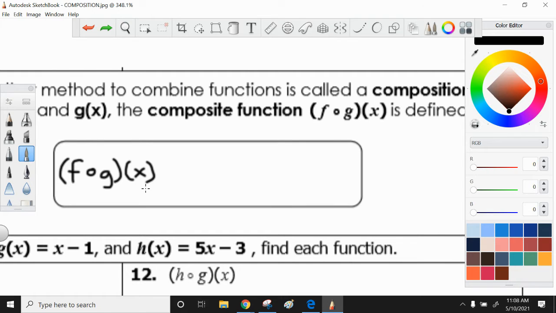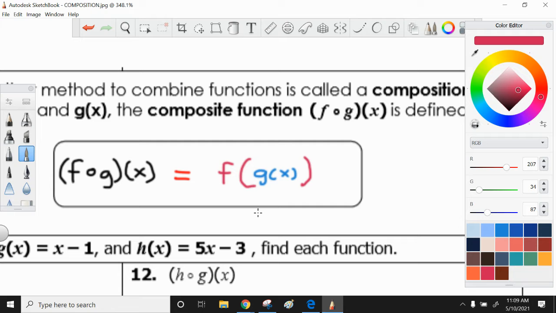Now, what this means, and this is really the only important thing that you're doing here: f o g is a g of x that is inside of an f of x. One of my strategies for doing this is I like to write the g a little bit smaller so that it really looks like it's on the inside of the f. Simply put, composition is where instead of putting a number into a function, you're going to put an entire function